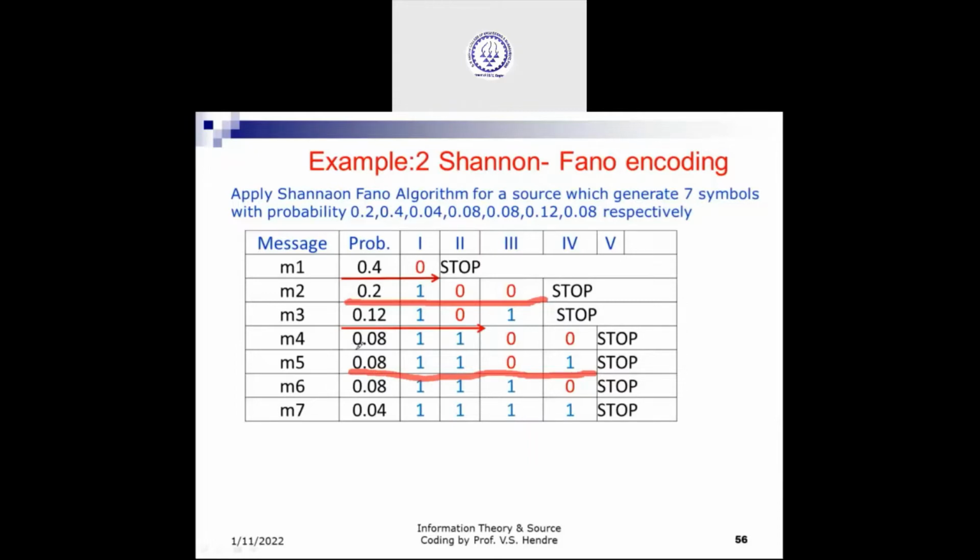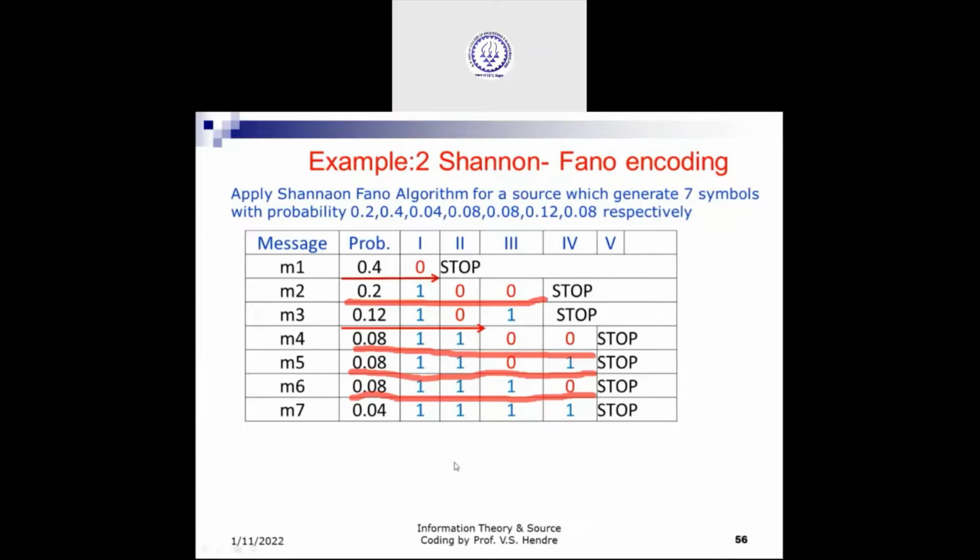Upper part consists of two elements, so it will get straightaway divided into two parts. Upper part binary 0, lower part binary 1. Similarly, the lower group also has only two elements, divided into two parts, 0 upper and 1 lower. Both contain single elements. The process stops here itself. So this is how we have repeatedly divided the entire group into two subgroups with approximately equal